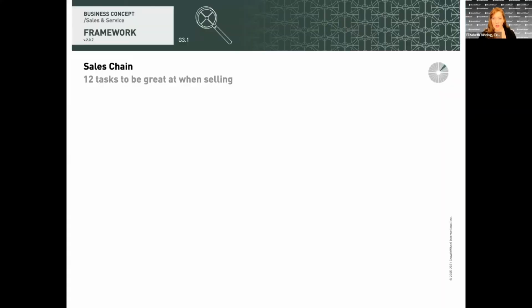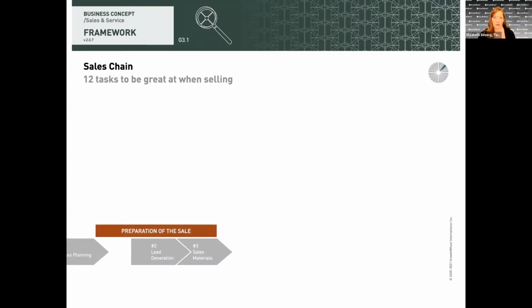So we can kind of take a look at some examples and dig into this. So, we want to make sure our clients are thinking through this, and it starts with right preparation. So that's the first part. This is really where the client doesn't have contact very much with the customer, but they're focusing on the important prep work that is going to prepare them for selling. So this could be choosing the right customer segments, generating lists of potential customers, preparing those sales materials to be